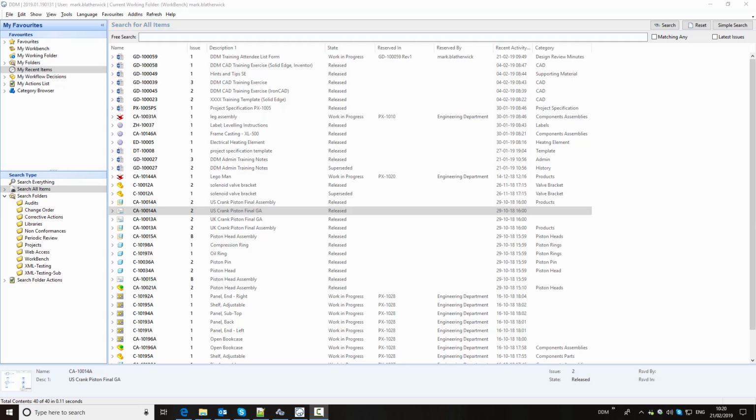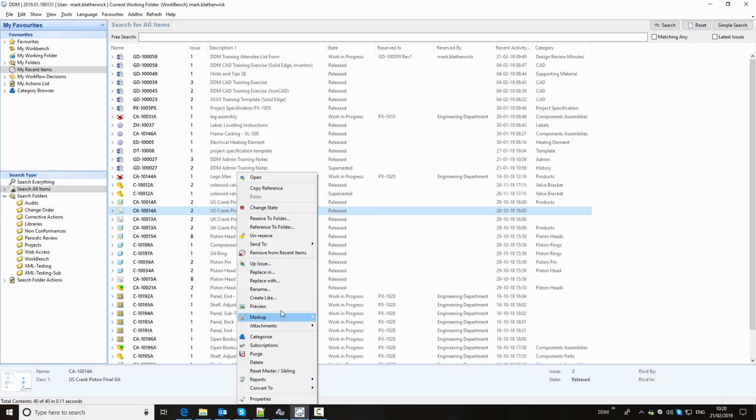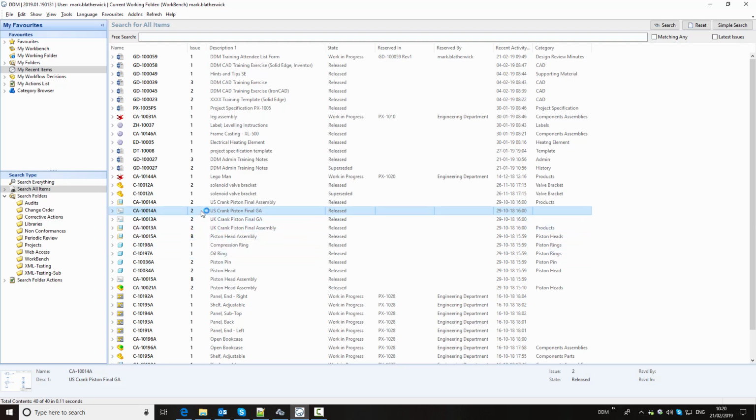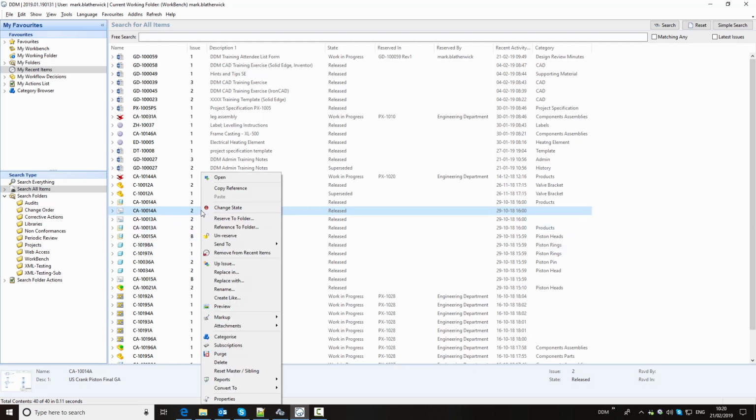In this video we'll look at how we use the PDF markup functionality in DDM. So if we take this drawing, it has a PDF preview, and what we're going to do is to mark up this PDF with some changes. So if we right click on this and use the markup function,